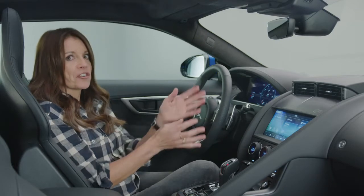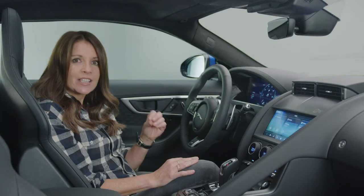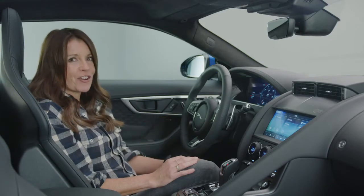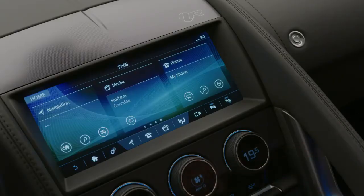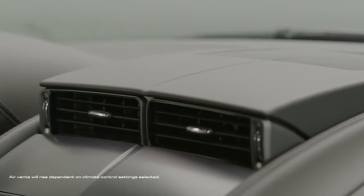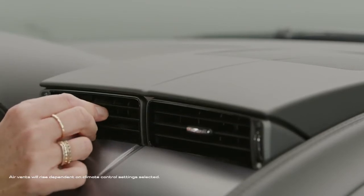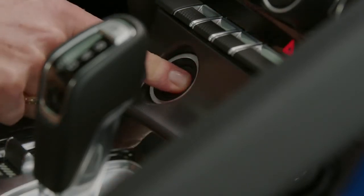As you can see, look across to the centre console and you'll find the 10-inch touchscreen featuring Jaguar's latest InControl Touch Pro infotainment system. With a simple menu structure and intuitive operation, it's designed to minimise distractions, so drivers can really concentrate on enjoying the experience. There are also some touches of tech that remind you once again you're sitting in a sports car. The central air vents rise purposely into position, and the ignition button, well, that pulses while it waits to be